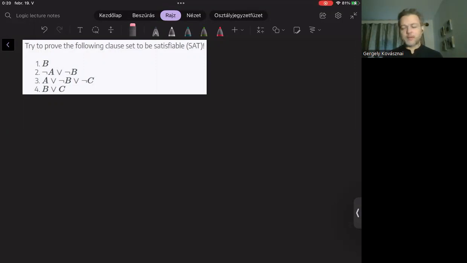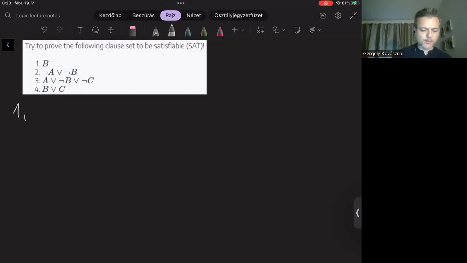And if we cannot generate the empty clause meanwhile, and we really tried all the possible resolution steps, then at the end, we can say that, yeah, this closed set is not unsatisfiable. That is, it is satisfiable. But really, we need to try to apply all the possible resolution steps for that. Okay, so let's get started. Let me start with